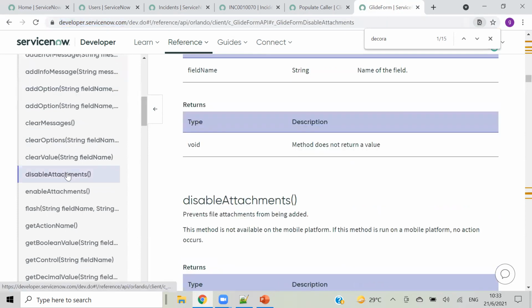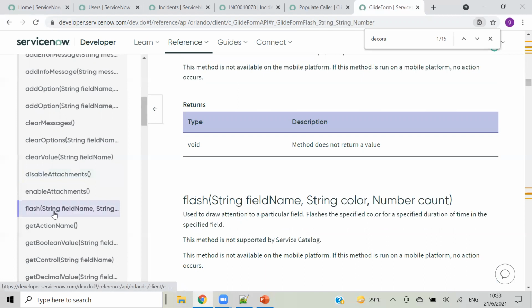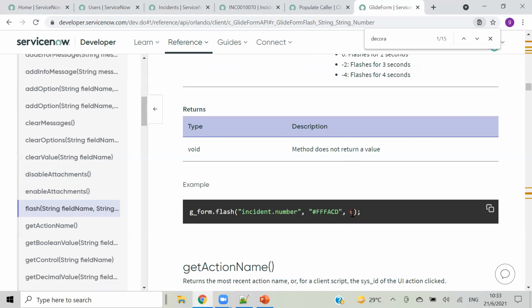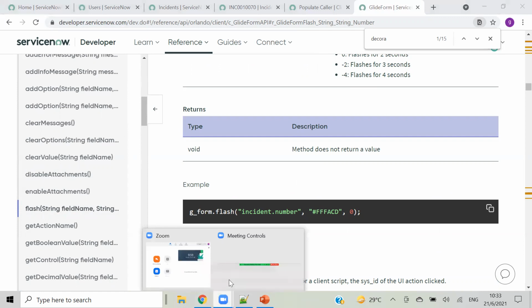And in the first class I told you that we can disable and enable attachment on the top of the form. And this is for flash, like we have seen the green color star. We can show that as blinking, like it will blink for 5 to 10 seconds and then it will calm down. Here you can give the timing, like 4 seconds, 3 seconds. You can do all those things from here. I'm pasting this link and you can have a look.